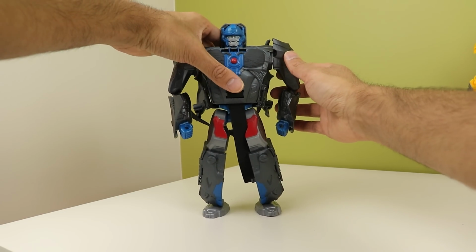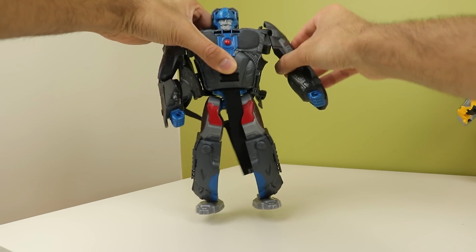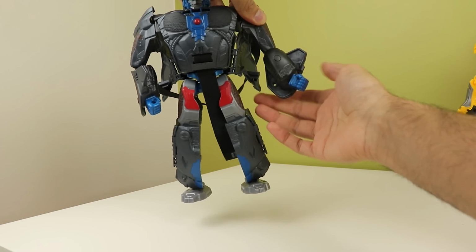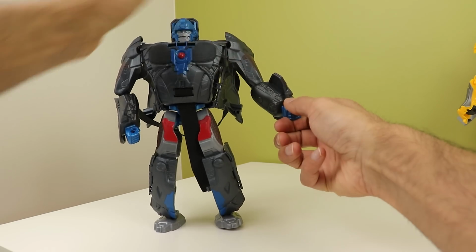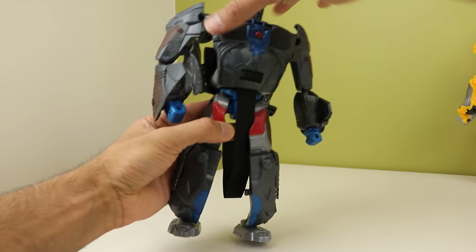So nothing at the head. Shoulders. On a ratchet, they can also go in and out. You have like this weird elbow joint for transformation, but it does move around a little bit, so that's nice. Wrist joints, unnecessary, but they're there. This has nothing to do with the transformation, but he has